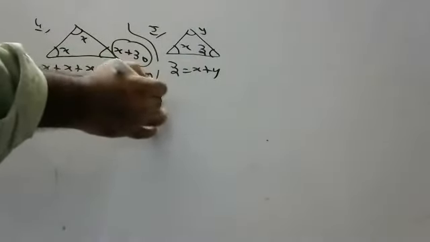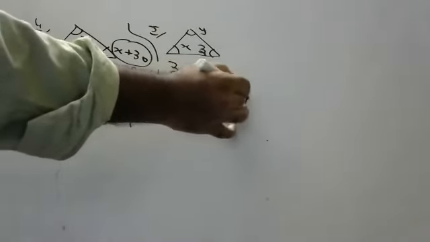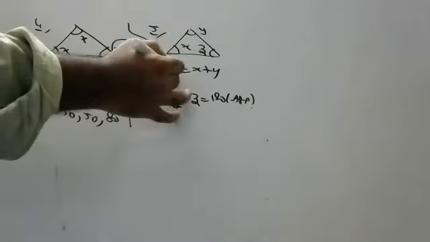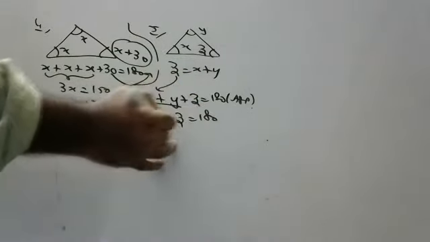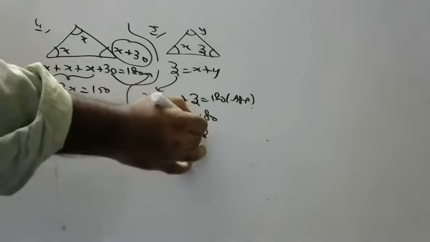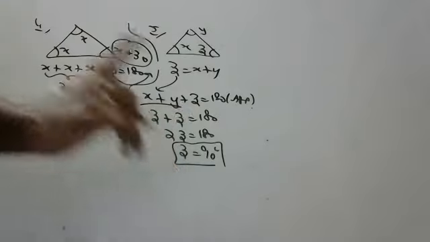So children, normally x plus y plus z is equal to 180, reason angle sum property. Okay, x plus y is z, as we already wrote. So z plus z is equal to 180. 2z is equal to 180. Z is equal to 90. Hence, we have proved that one of them is 90.